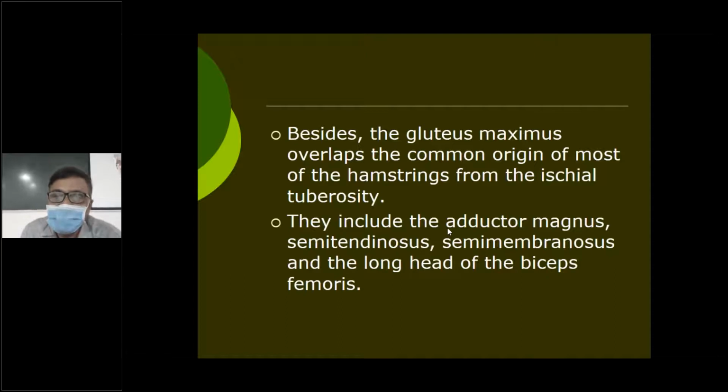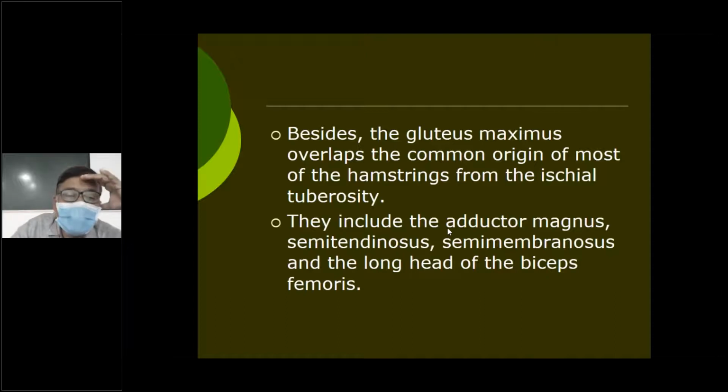And thus, deep to gluteus maximus at the first level, once you reflect gluteus maximus, which muscles are seen? From above downwards: gluteus medius, piriformis, superior gemellus, obturator internus, inferior gemellus, and quadratus femoris. At the second level, deepest are gluteus minimus, which is seen only deep to gluteus medius. And likewise, obturator externus, seen only after cutting the quadratus femoris. So these are the muscles deep to gluteus maximus.